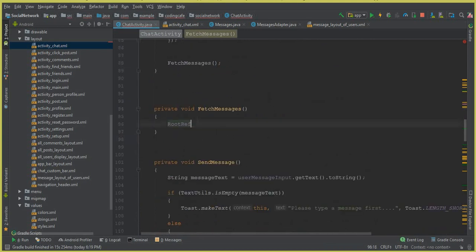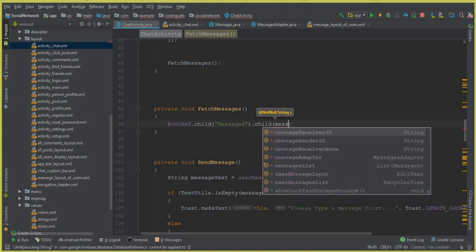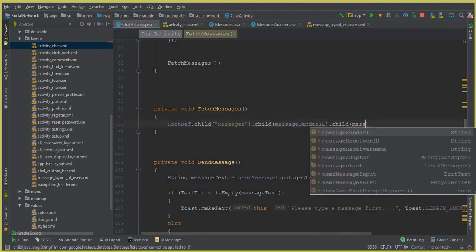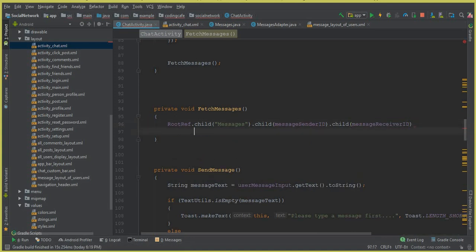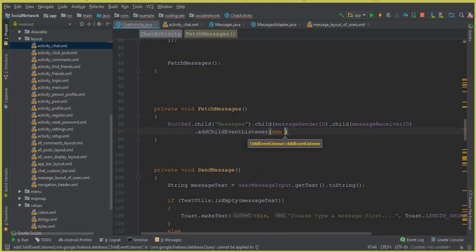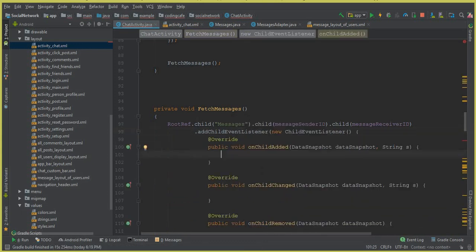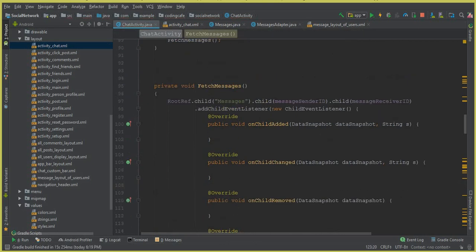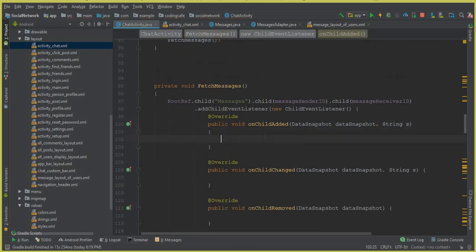And now we can say rootRef.child, and the child is the messages node, .child(messageSenderID).child(messageReceiverID).addChildEventListener(new ChildEventListener), and make sure to put a semicolon here. And now inside this onChildAdded, we can say if dataSnapshot.exists